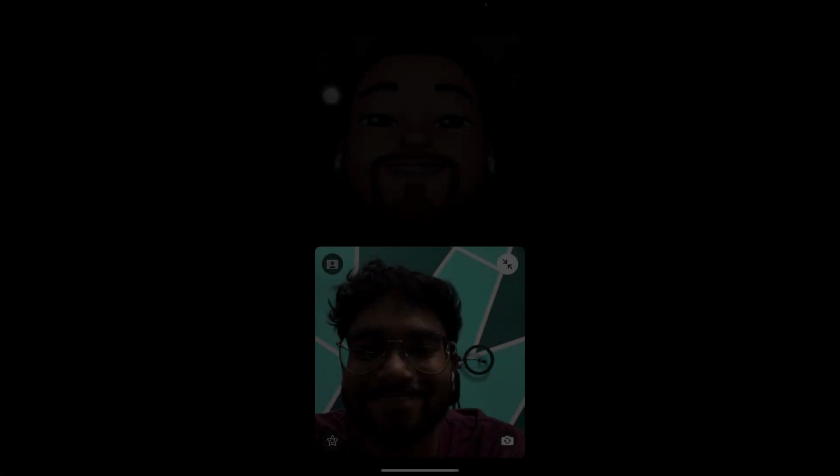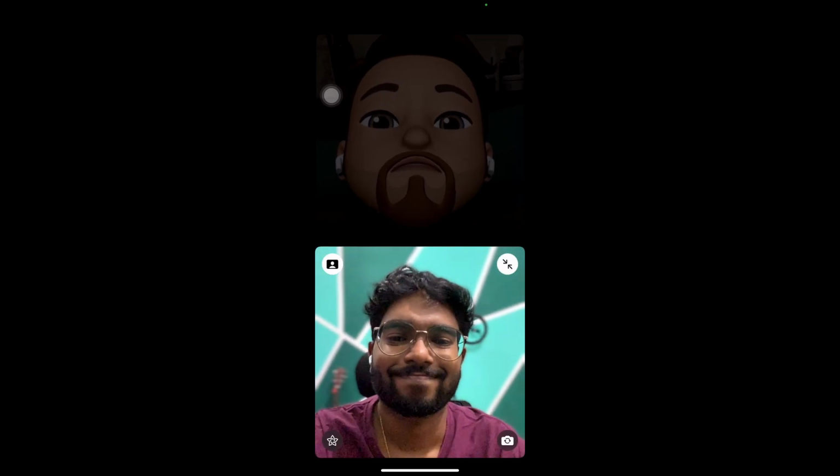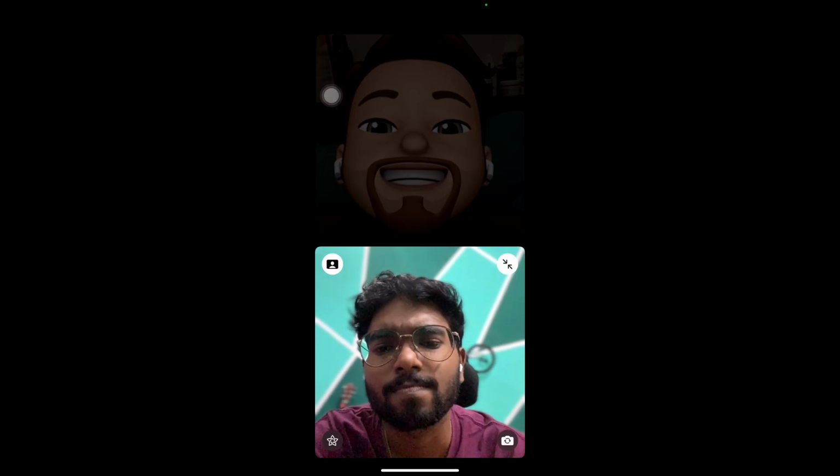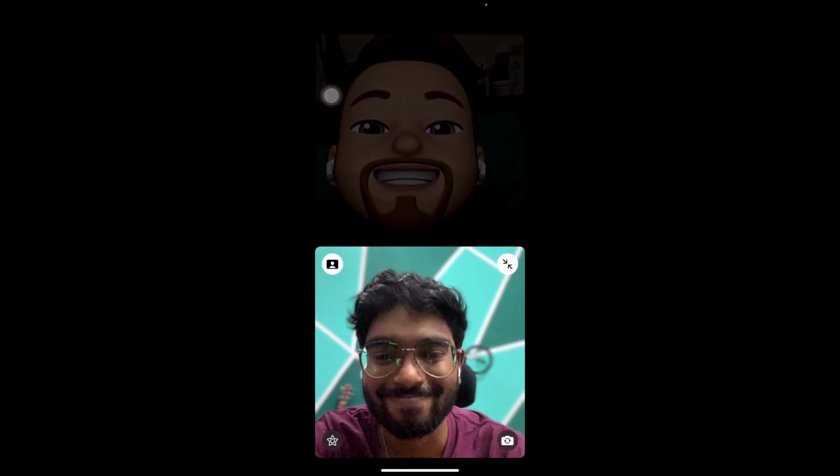Moving on to portrait mode in FaceTime video. Now you can enable a portrait effect on your front camera, and it basically blurs out the background and focuses solely on your face. Speaking more about FaceTime, now you can schedule a FaceTime call,